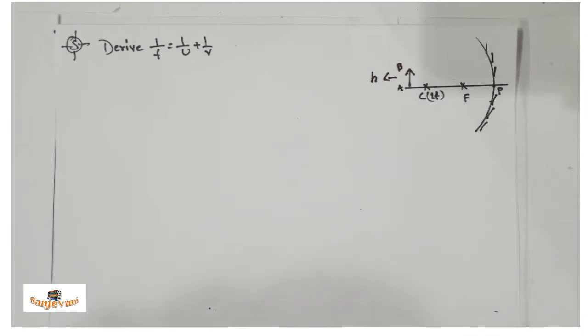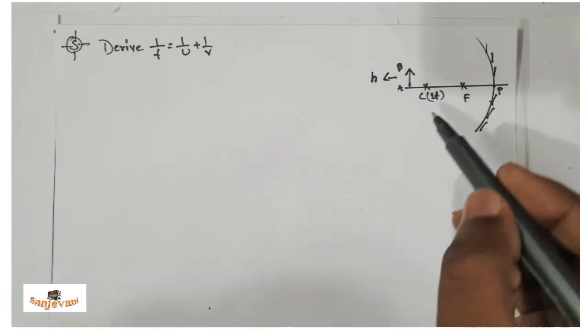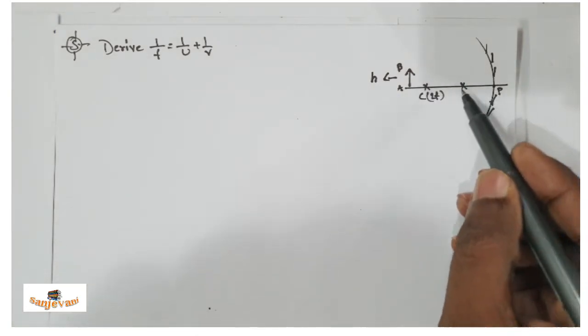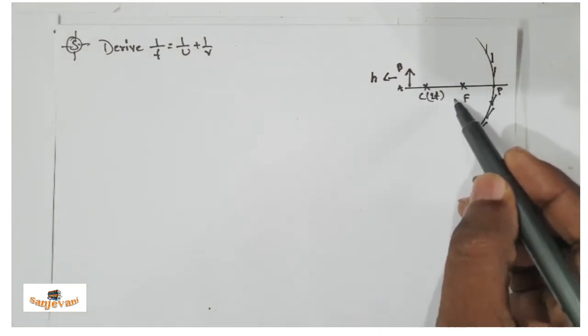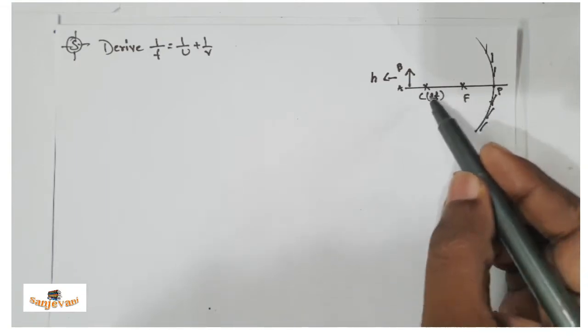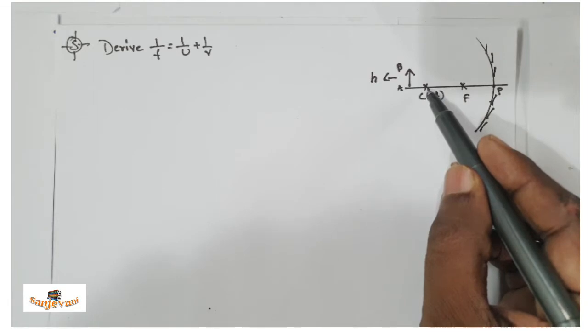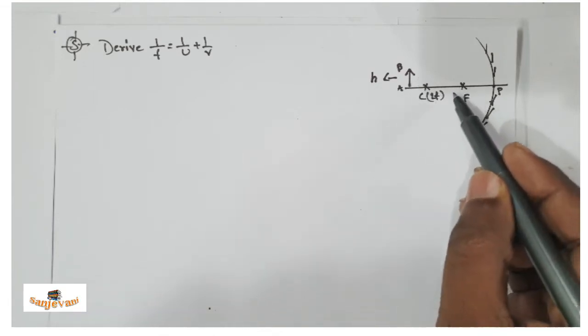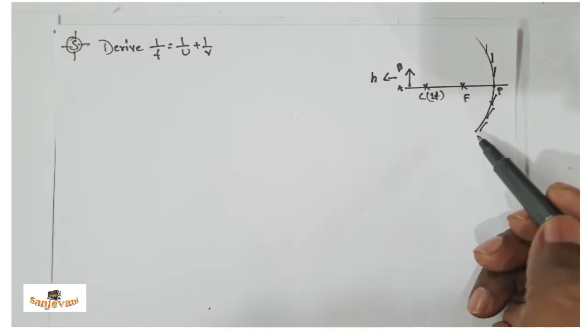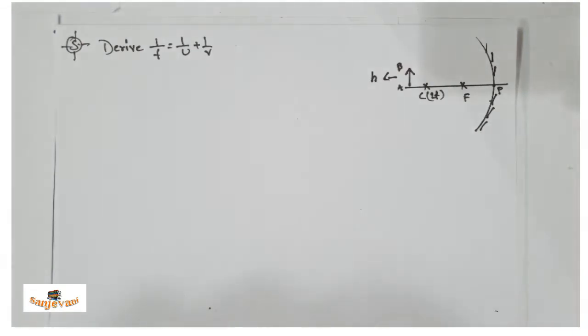We know very well that when the object is placed beyond C, the image we are going to get is between F and C. Is it clear as per the ray diagram? If you have the previous knowledge, then you can say that if the object is placed beyond C, you are going to get the image between F and C in a concave mirror. Let me draw a ray as per rule 1.